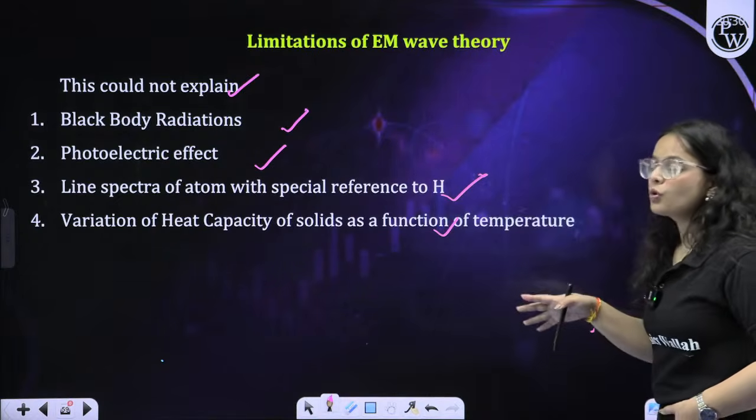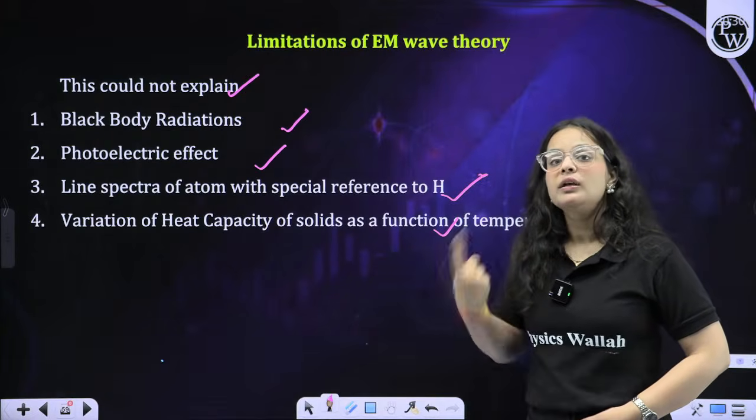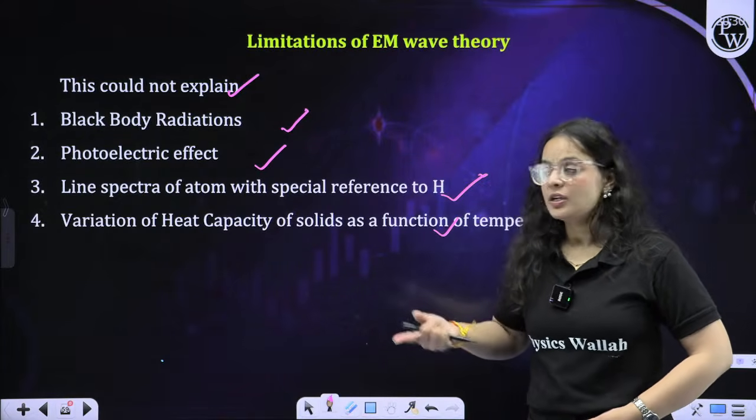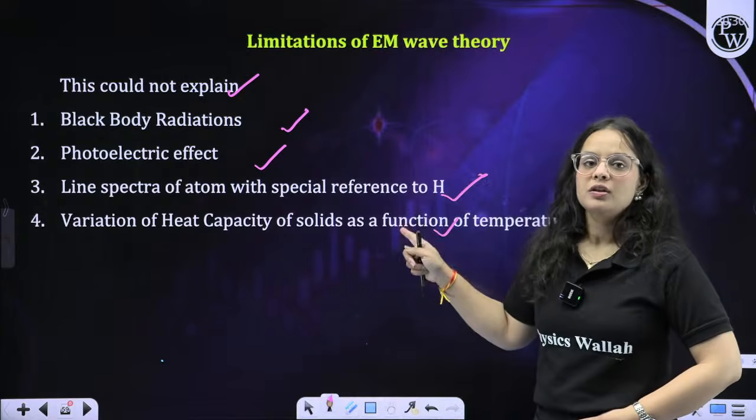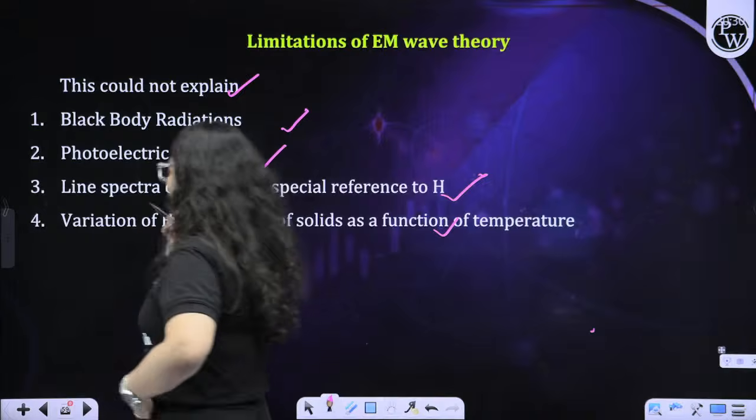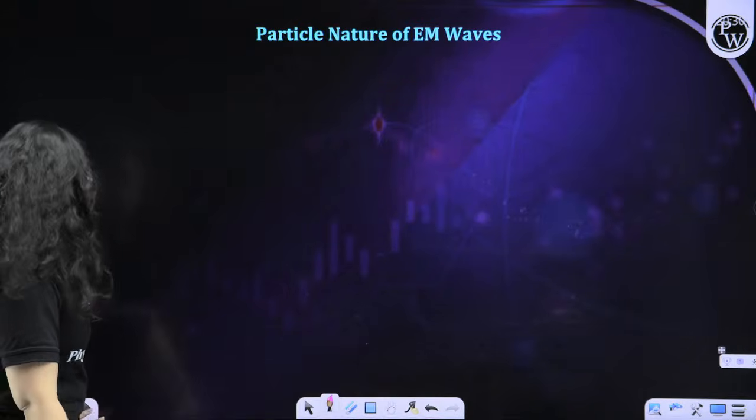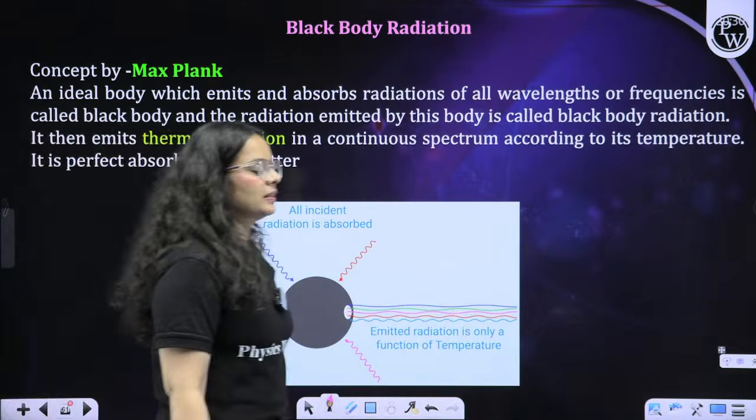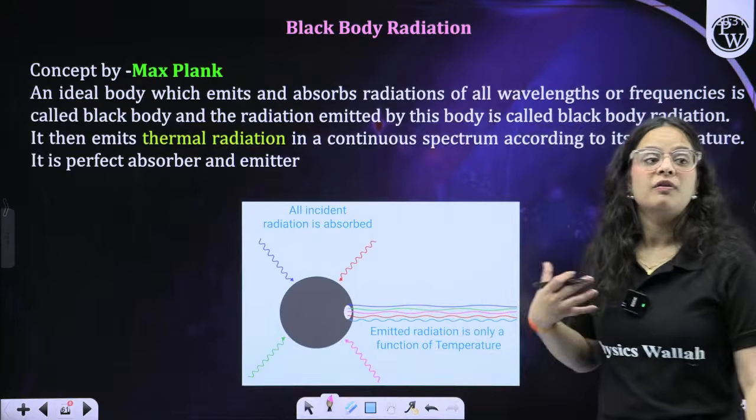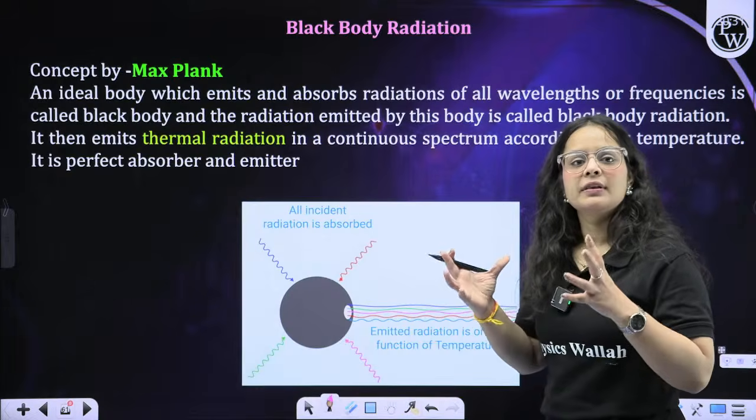These four were the main concepts that utilize the particle nature. If we consider light as having particle nature, then only these are justified. So we can say that light contains wave nature as well as particle nature. Firstly, we are discussing black body radiation. Now, what is a black body? You are all familiar with the term. A black body is an object that has the capacity